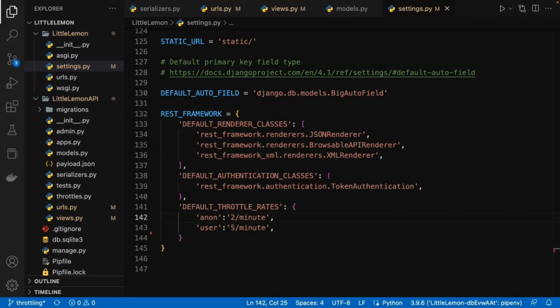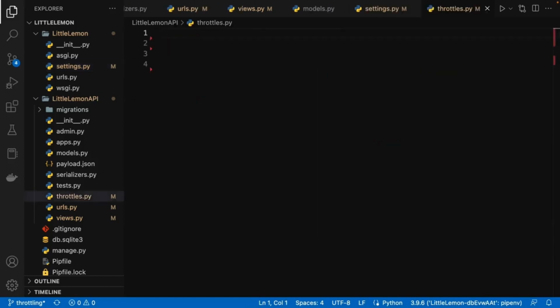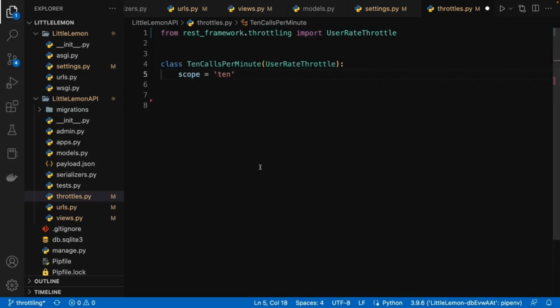With the current settings, when you use throttling classes, all API endpoints will be limited to 2 calls per minute for anonymous users and 5 calls per minute for authenticated users. But say you want another policy for some API endpoints so that authenticated users can call them 10 times per minute. Let's do that. Create a new file called throttles.py in your apps directory and add the following code: